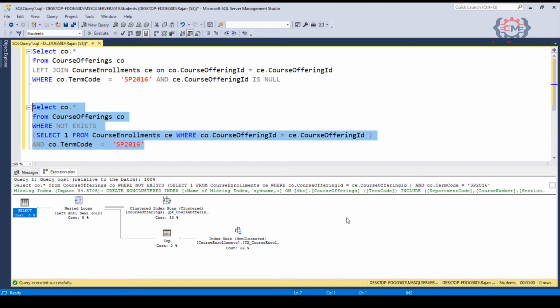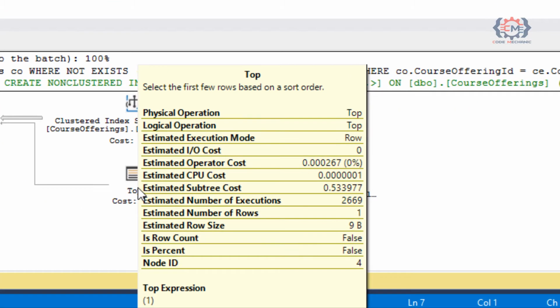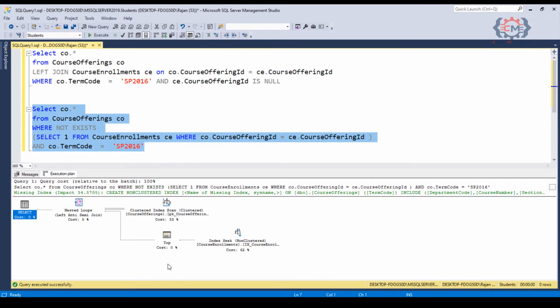And if we look at the entire plan, we notice this top operation here. And if we mouse over this, the description tells us that we are just going to return the first few rows from the previous operation, and looking down at the bottom, we see that the expression is top 1. So, it is actually just getting the first row from the index seek operation, which is over here to the right. So, what this means is that SQL Server is reading all of the course offerings just like it was doing before.